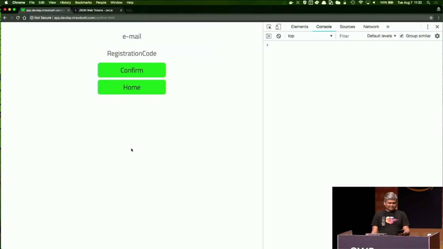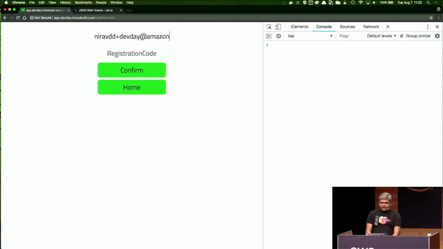Now, Nirav, in that case, you're verifying your email. But if I wanted to, could I also add a check so that I have to verify my phone number as well? Yes, you can, with a checkbox, enable email verification as well as phone verification. Phone verification can be a lot stronger. It also allows you better MFA control. Cool.